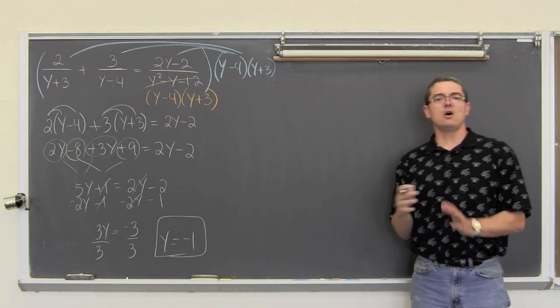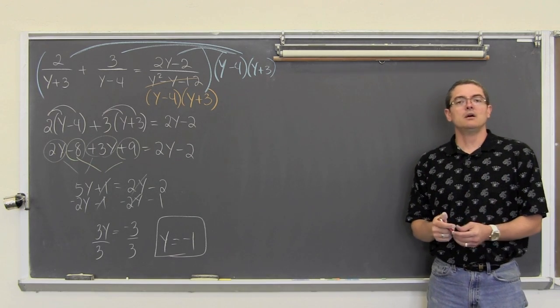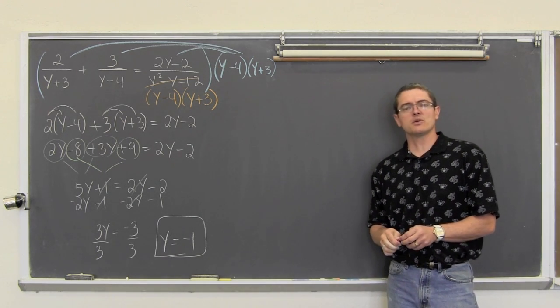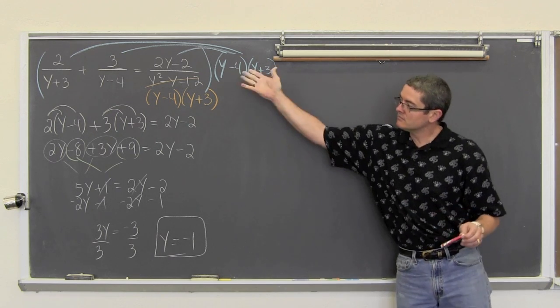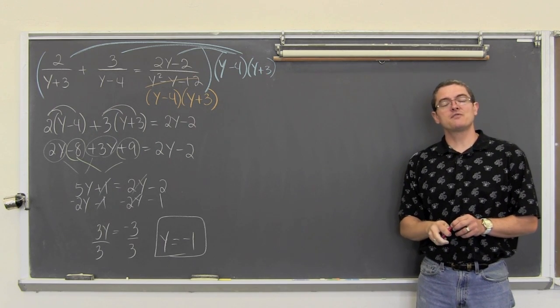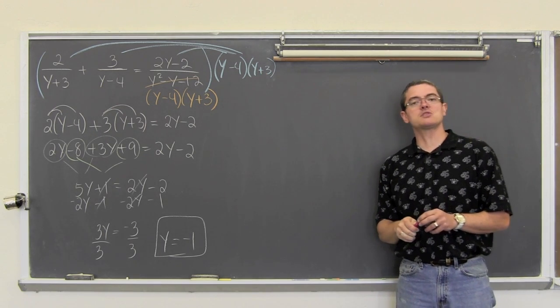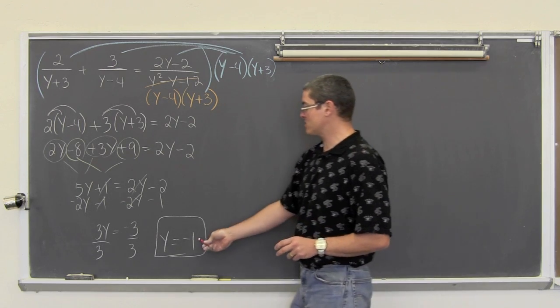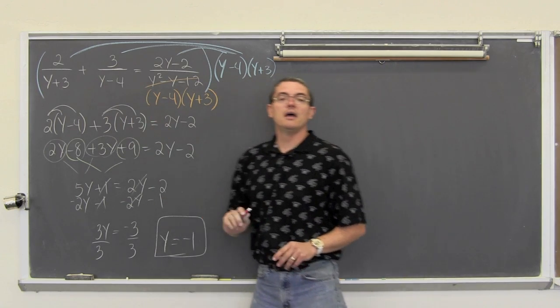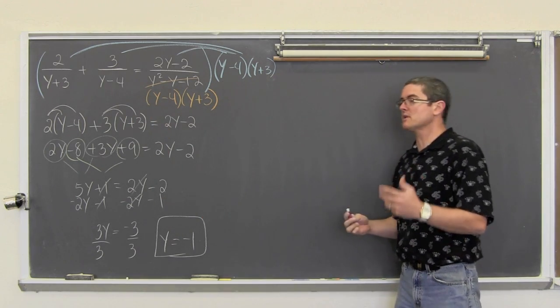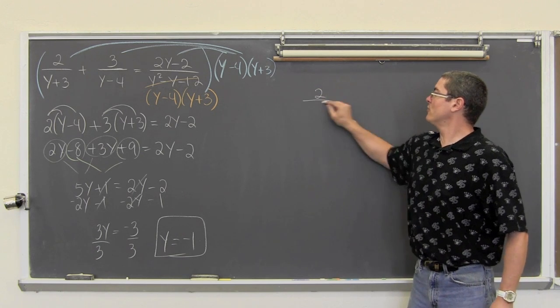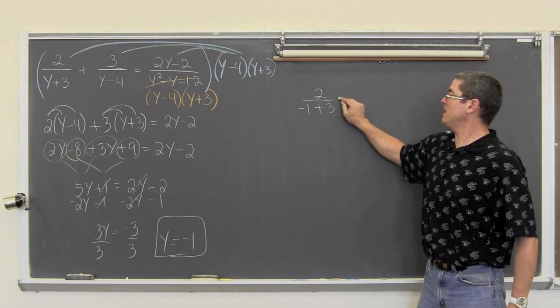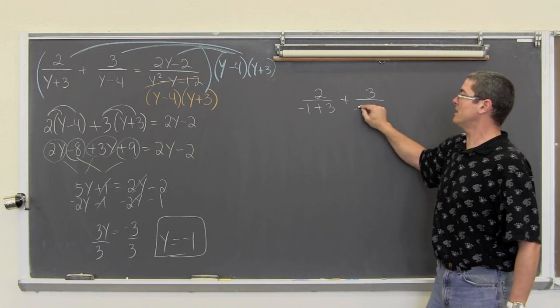Like I said in the video, all my solutions ended up working for the original equation, but it's very, very easy with these problems to get extraneous solutions. So please make sure you take those and plug them back in and check that they actually work. So let's do that. We have 2 over -1 plus 3 over -1